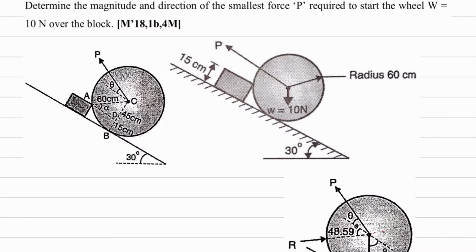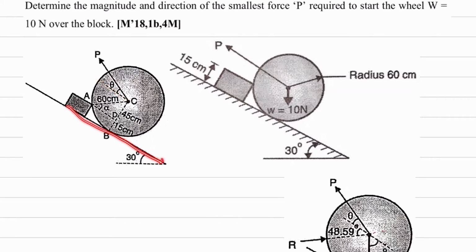So in the question this diagram is given. After that I have drawn this diagram. Now understand what is done in this diagram. So if you consider, this is the cylinder and this is the rectangular block, and here this is the P force which is applied. Now we have to find what is the magnitude of this P force, smallest magnitude, and what is the angle of this P, and we define it with respect to this plane.